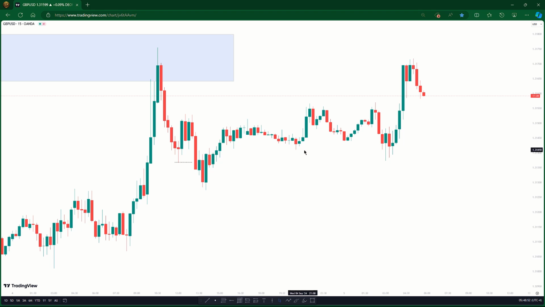After taking off that external range liquidity here, you can see the market as it was moving, it was leaving these fair value gaps here. Okay, and it looks like it's trying to react to that fair value gap. So if it tries to make a swing low in this fair value gap here, you can expect the market to take out that external range liquidity next. So that's how you read